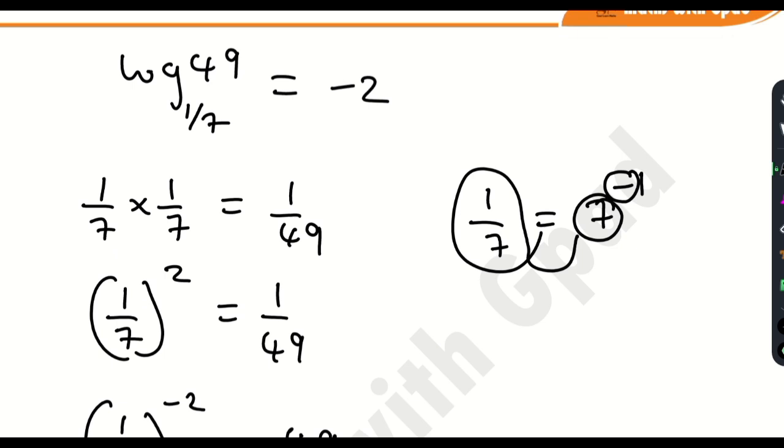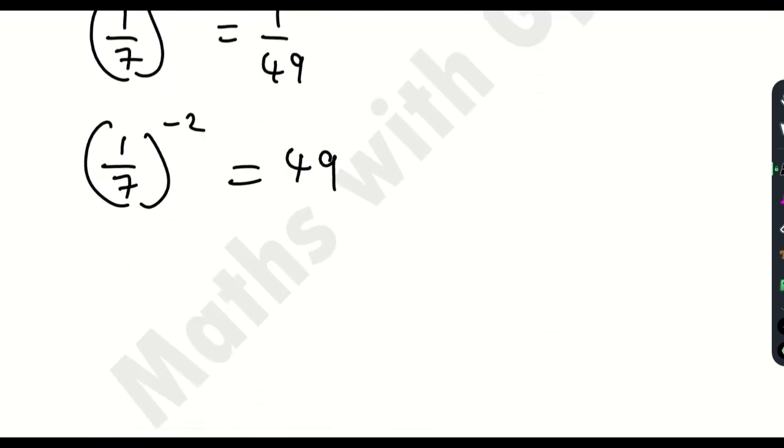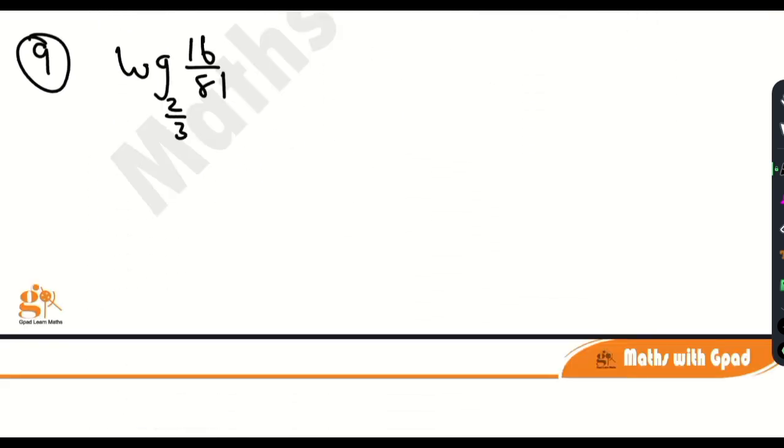So let's look at the last question on this. Now, this might look scary at first, but it's actually very, very easy. How do we do this? I told you before that for you to get the value of the logarithm, ask yourself the base: how many times will I multiply the base by itself to give me the argument? If you look at this, the base is 2/3. So let's multiply 2/3 and see how many times we will do so to give us